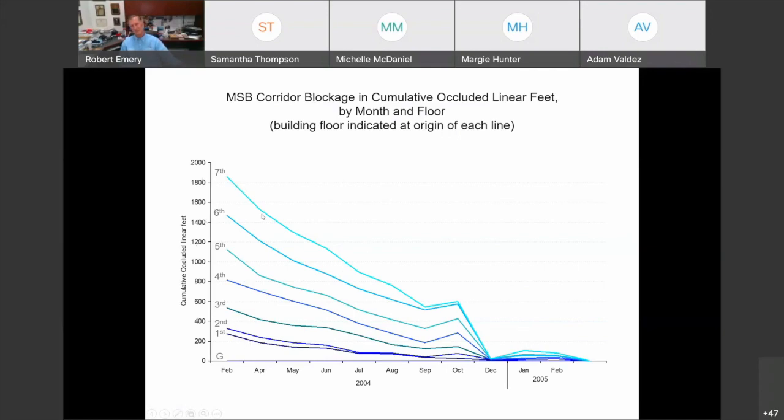And notice that they all track down, and then a very interesting phenomenon occurred in September. And I'm curious what you think. What magically happened here from September to October? We started to see an increase. It's like, uh-oh, something's going on. And then magically it dropped to 0 in December.